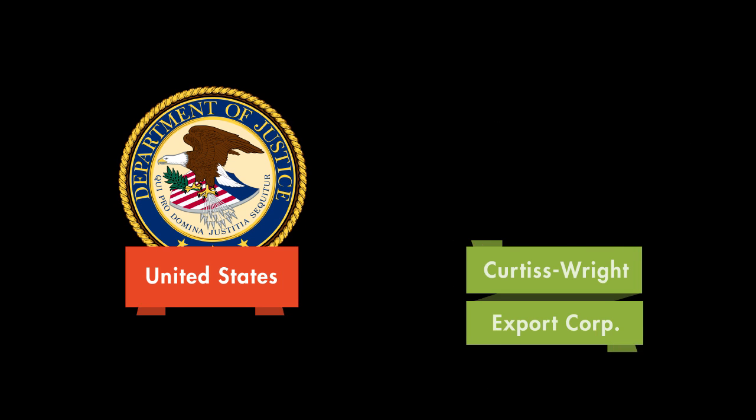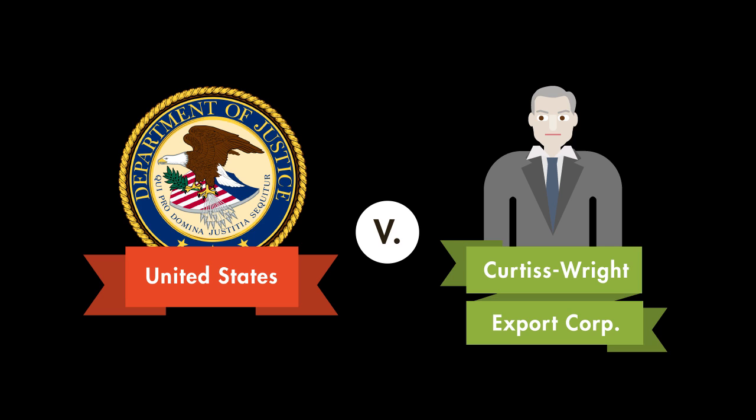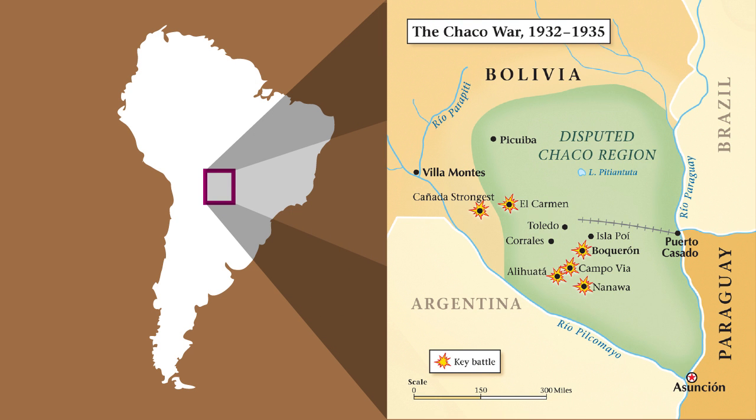In the landmark case of United States versus Curtiss-Wright, the United States Supreme Court had to decide just how much discretion Congress could allow the President without crossing the line that separates the legislative powers from the executive and violating the non-delegation doctrine. The events of this case started in 1932, when the countries of Bolivia and Paraguay began a